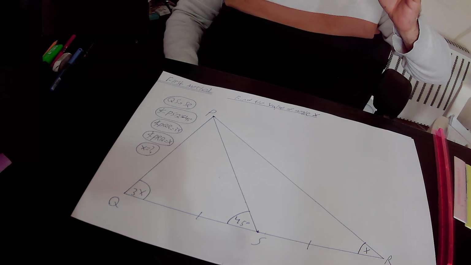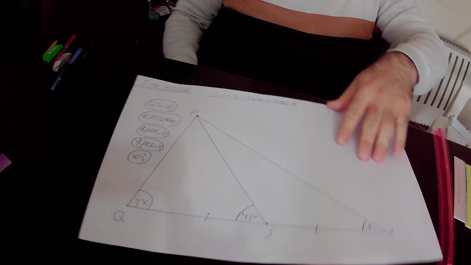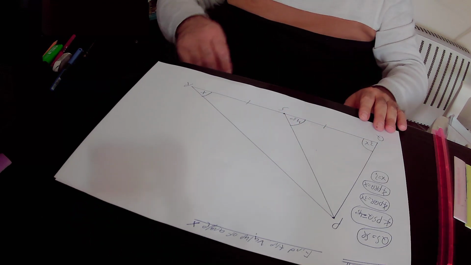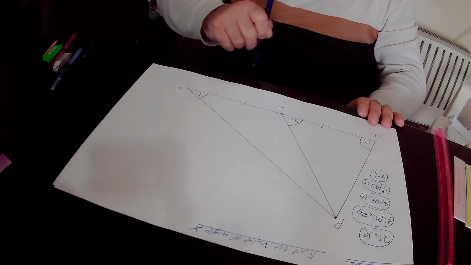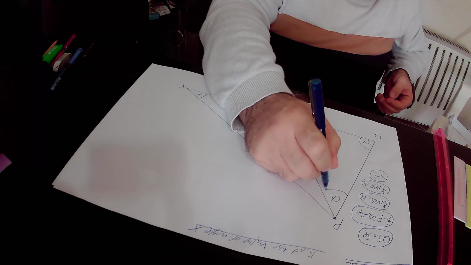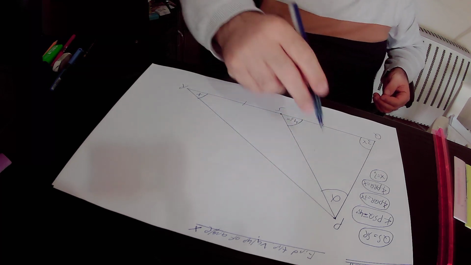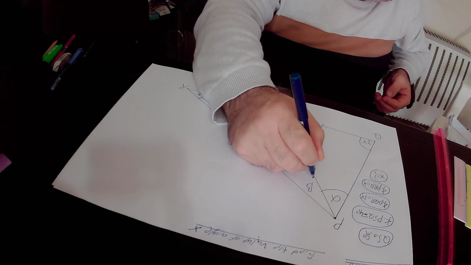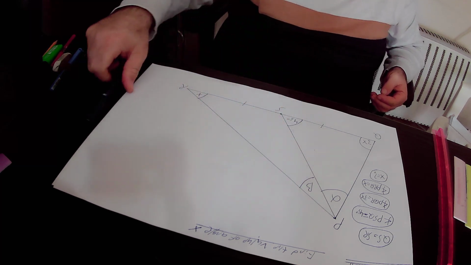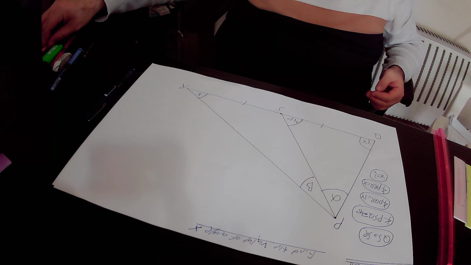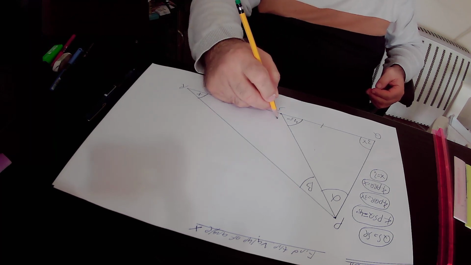So we will start with the first method. In the first method we will define angle QPS as alpha, and we will define angle SPR as beta. What is the value of this angle? We will define it as y,